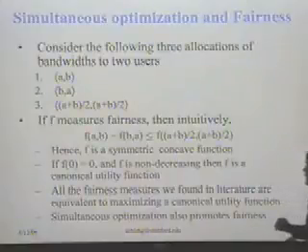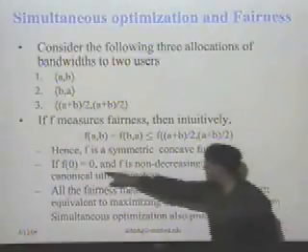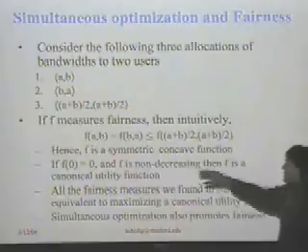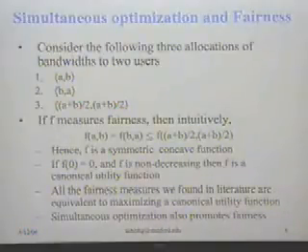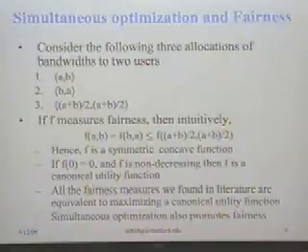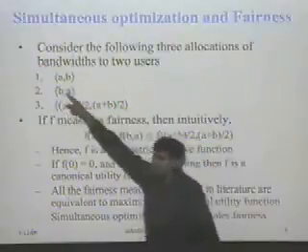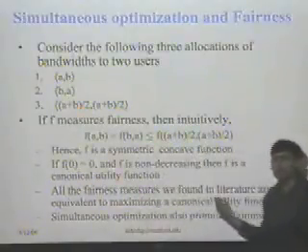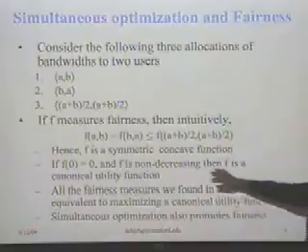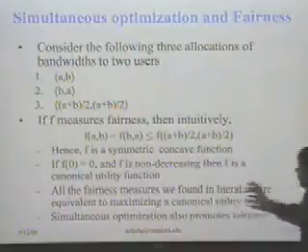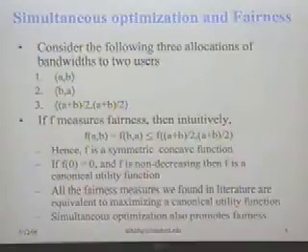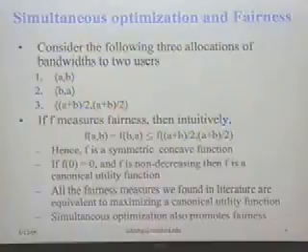If I also assume f(0) equals 0, and I also assume f is non-decreasing, that essentially says that if I can give more to Paul without robbing Peter, then that's a good thing to do. If instead of B, I can make this B plus 1, that should only be better, because I'm not taking it away from anyone. So essentially, all the fairness measures we found in the literature are equivalent to maximizing a canonical utility function. If you could do simultaneous optimization, then you would also be fair under all reasonable notions of fairness. But of course, you wouldn't be able to do it.